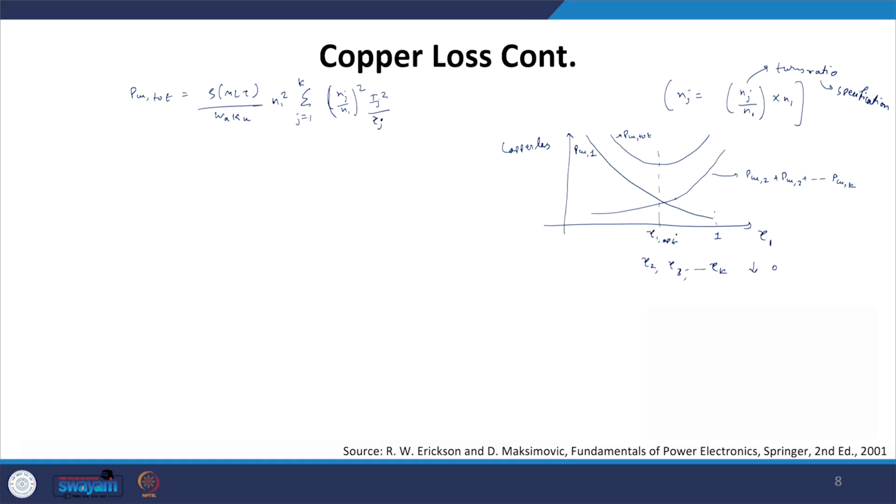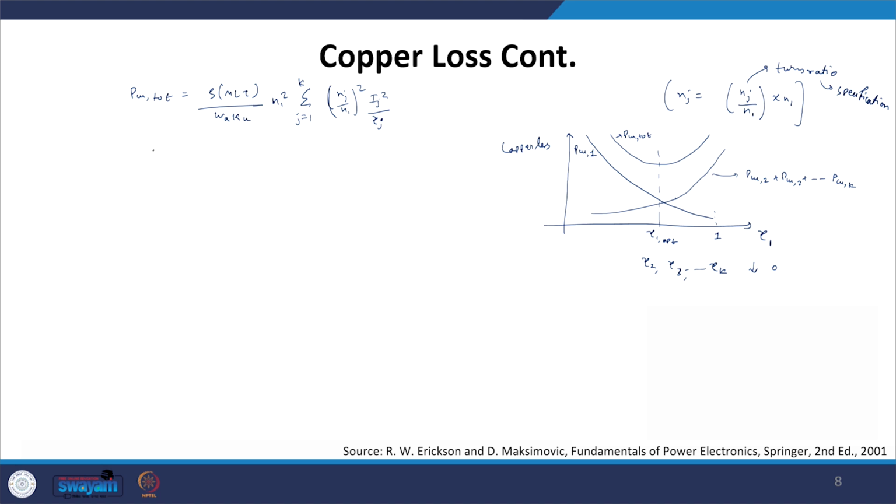So one has to do a certain kind of optimization. It could be linear optimization or some advanced optimization algorithms, to obtain the minimum or optimum value of gamma 1 for which your total copper loss is minimal. That is the first optimization you have to do in order to ensure you have the minimal copper loss. That means you have to obtain the optimum value of the fraction of winding allotted in the window area such that the total copper loss is minimal. Similarly, you will get the different gamma values such that the total copper loss will be minimal.